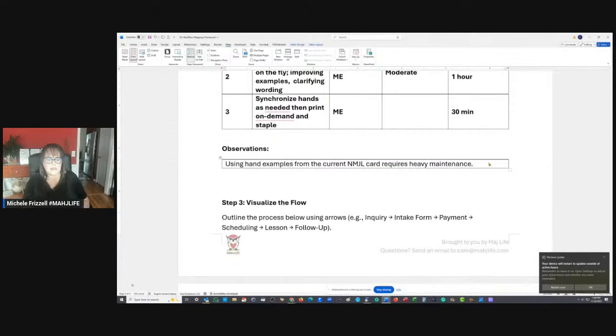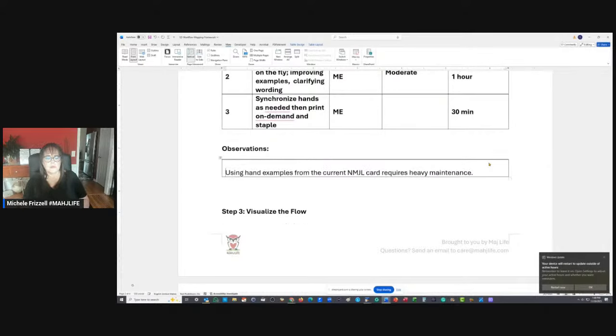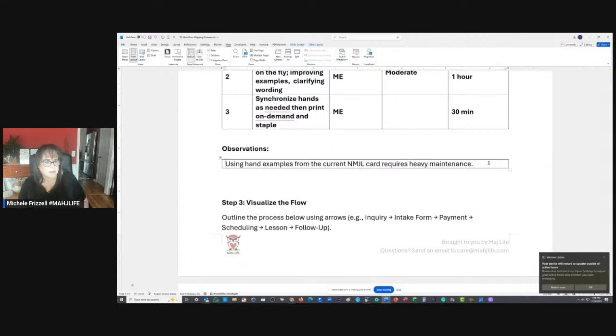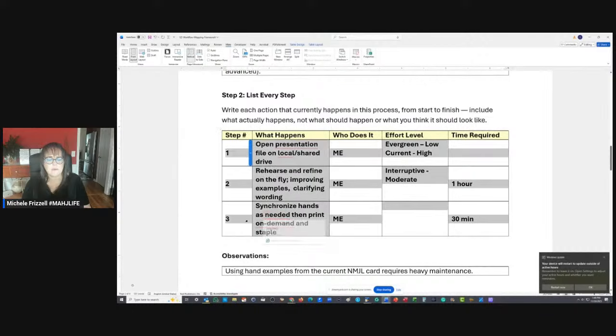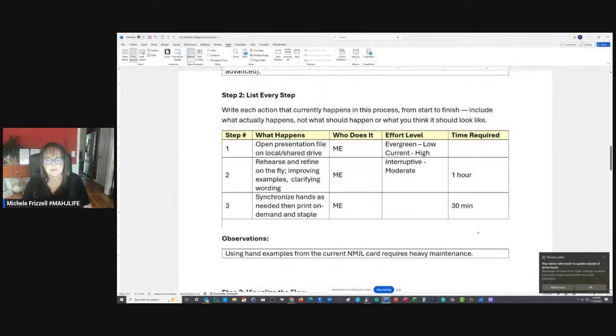There, using hand examples. Okay, so is there anything else that you would observe in here? What other observations? I have one other little observation. What else do you see here that slows the process down? How many handouts per student?